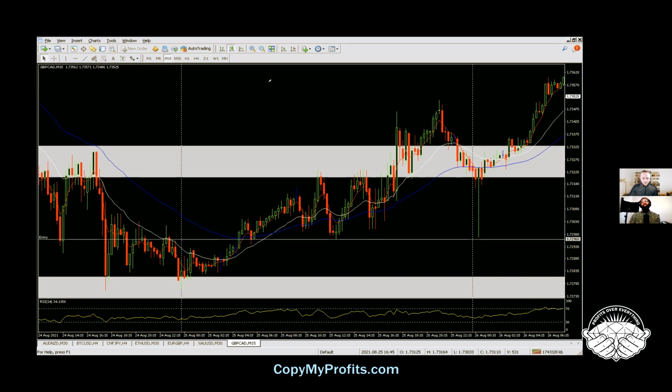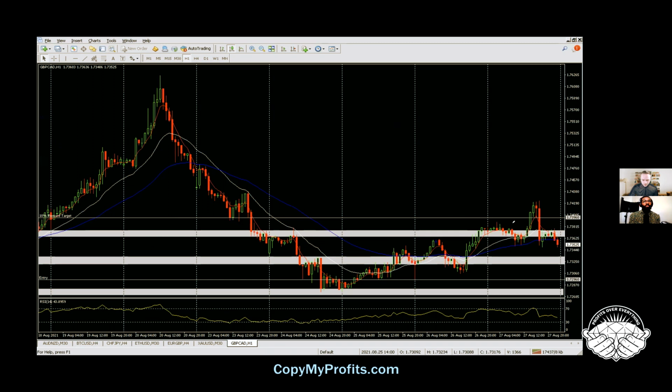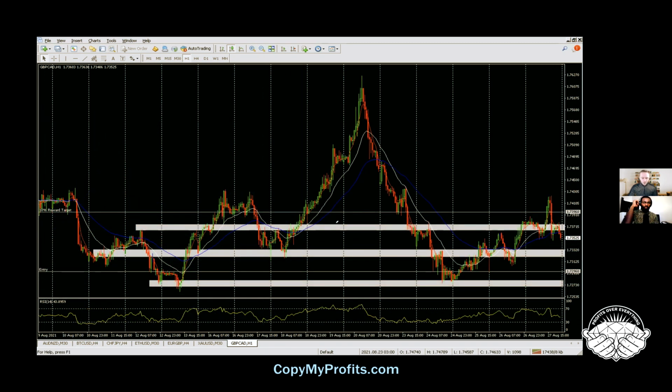After looking at that, we had this zone. If we switch back over here to the hour chart, you can see we had another zone that was formed right here. Let me actually zoom out so you guys can see it a little bit better. All right, so another thing that we were looking at, as you can see right here, we had this zone